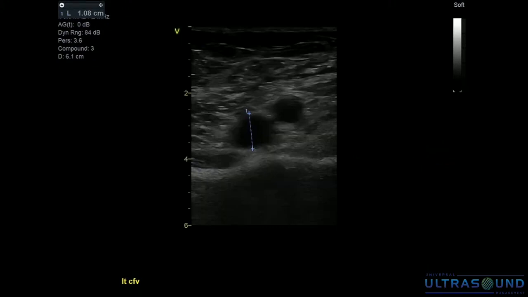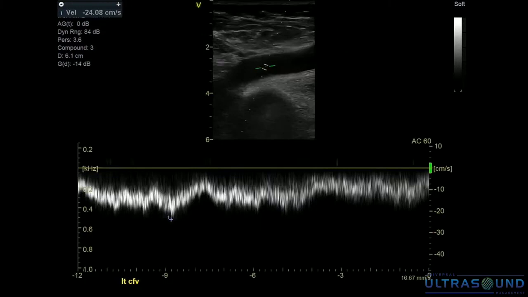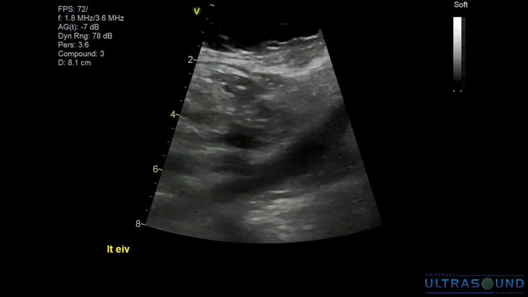Her left side, normal vein diameter, a little bit smaller though, she's at 1. And then her waveform, again, looks decreased. So I know from Barbara's history that she has a non-thrombotic lesion, and the interpreting physician knows that as well. But it was important for me to go up there again and look at it since she had another incident of DVT. So I'm going to go ahead and switch to the curvilinear transducer and investigate the left external